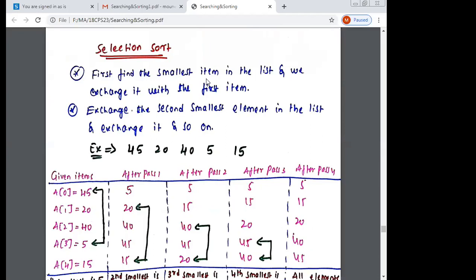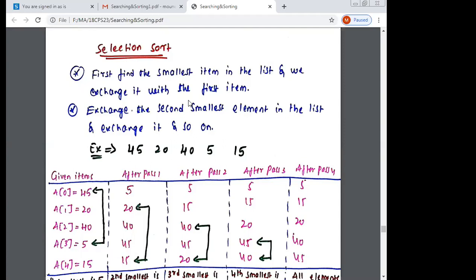Once you find the smallest element in the array, you exchange it with the first element of the array. Then find the second smallest element in the list and exchange it with the second element, and so on.